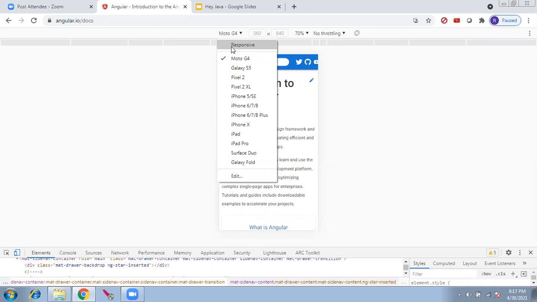Responsive means if I ask you whether the website is responsive, I am asking you, will it automatically adjust itself depending on the devices? That is what responsive means. If the website is not responsive, then if you see it in different mobiles, the website will not adjust automatically. It is going to look the same as it looks on the desktop.